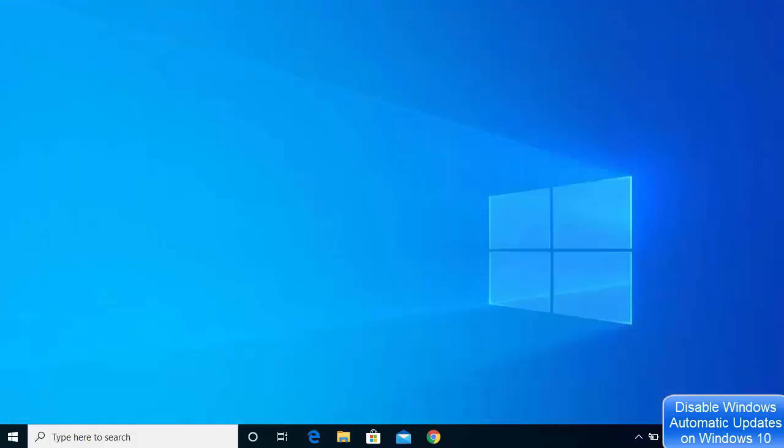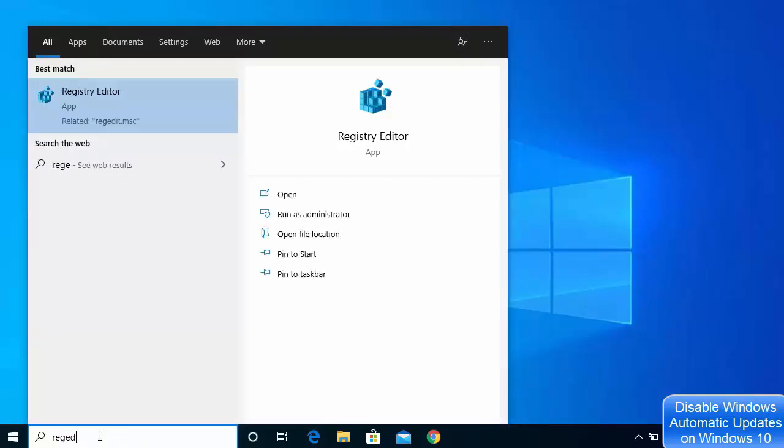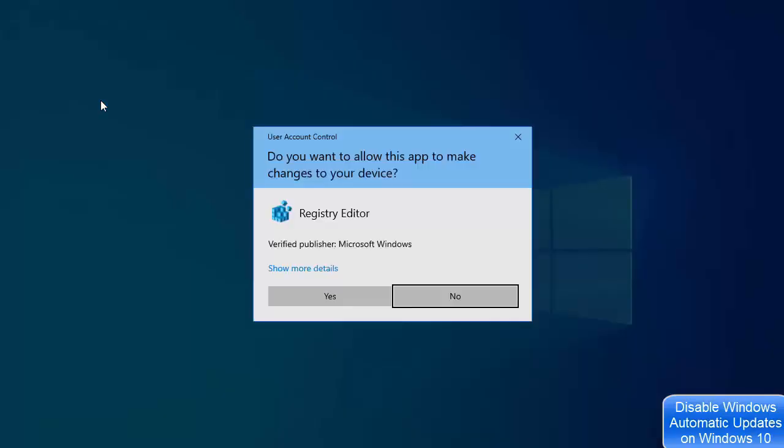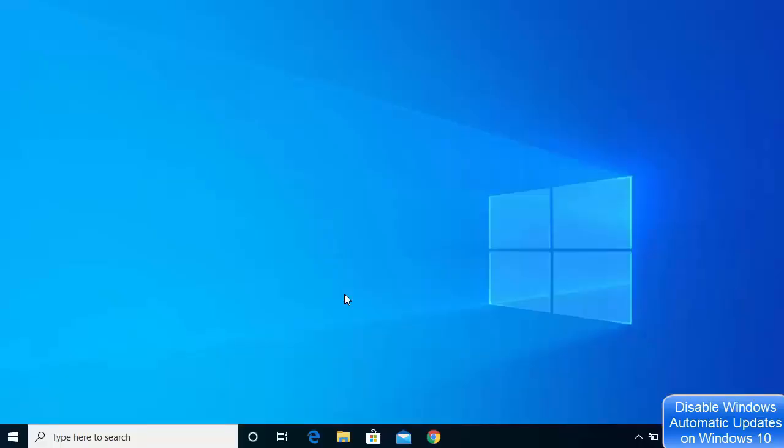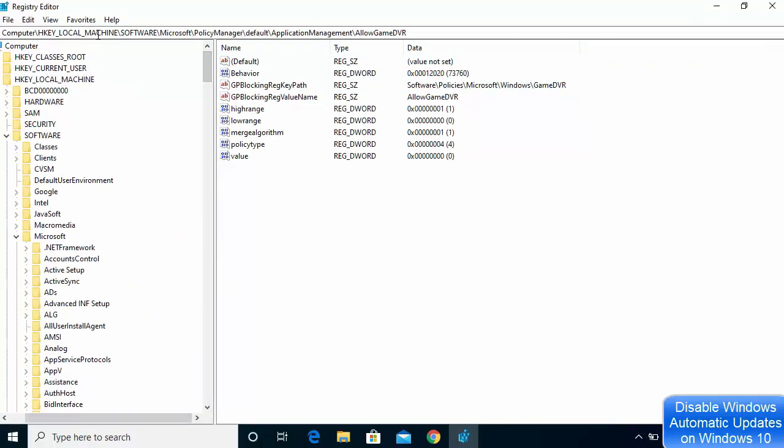Now let's see the third way of disabling the automatic updates using registry. So for this, what you need to do is once again go to your search bar and search for regedit. Okay, so just search for regedit, which is going to show you this result, which stands for registry edit. So just click on this option and then click on yes. So it's going to open this kind of registry option.